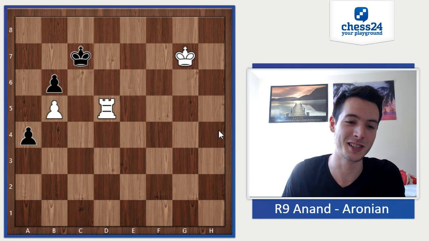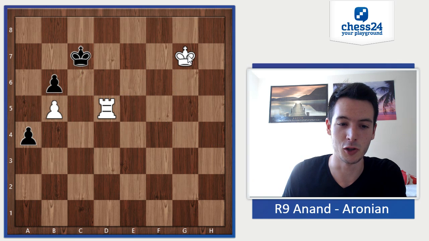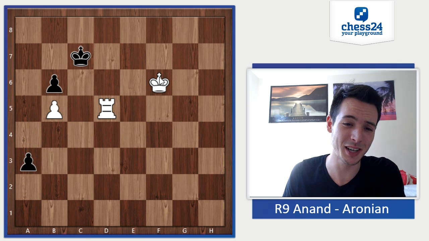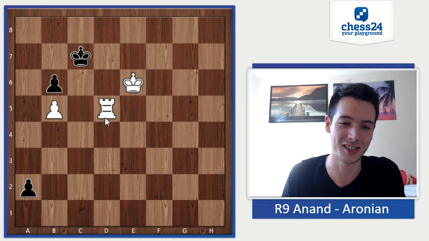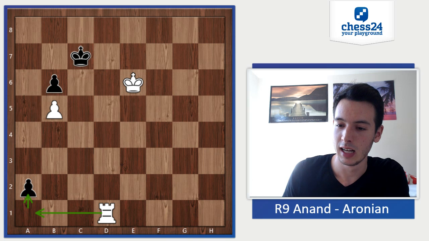All black can do is send this lonely guy on the a file, but white will just chill. White can do whatever white wants here and just stop this pawn, pick it up, and that's it. Okay,